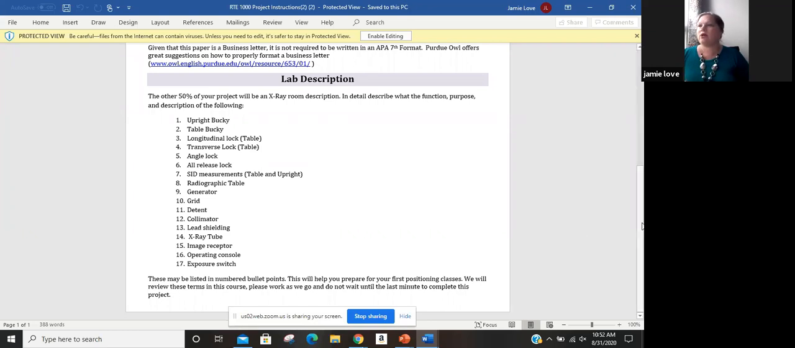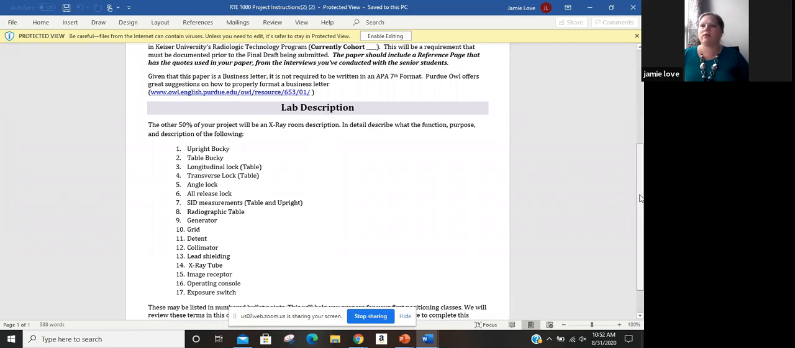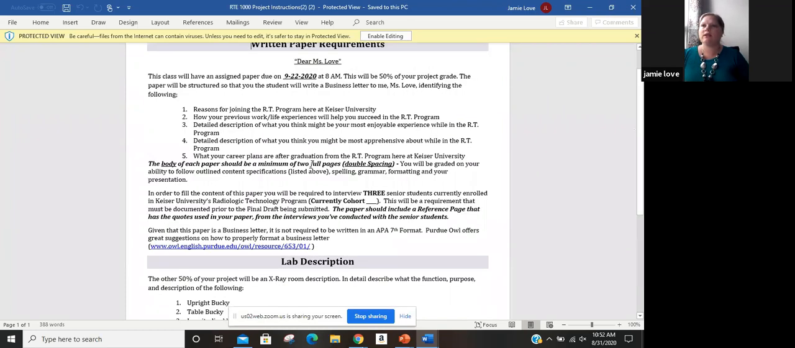So half of your project grade is the paper. You're going to write about these 5 things. What do you plan to do after graduation? What do you think you're going to be the most apprehensive about while you're in the program? What's the thing you might be enjoying the most? How have you come this far in life? What do you think will help you that you've done already? And the reason you joined the program. So you can organize that however you want